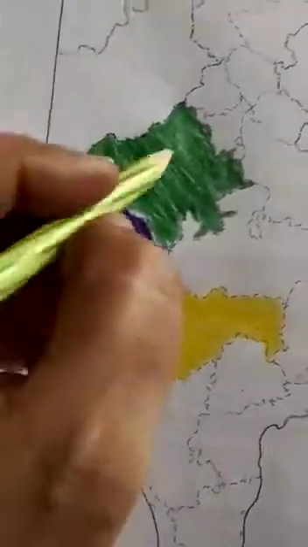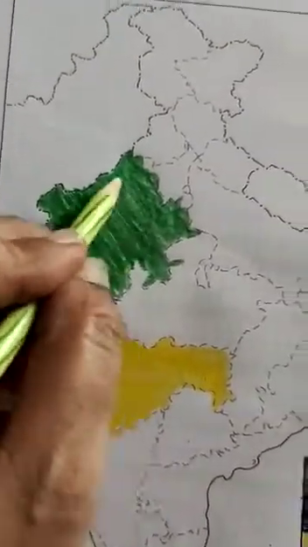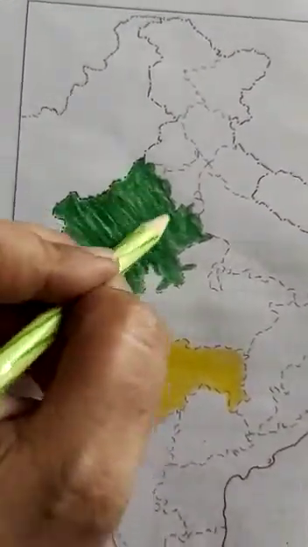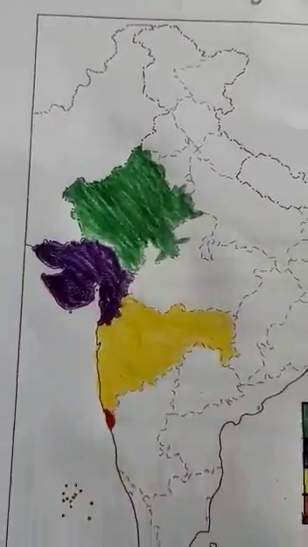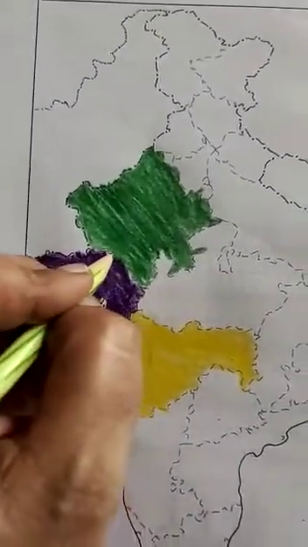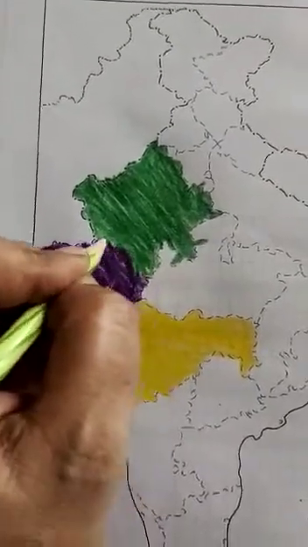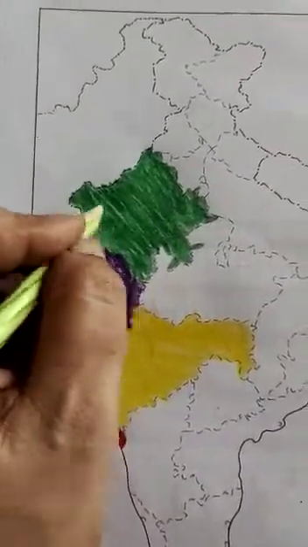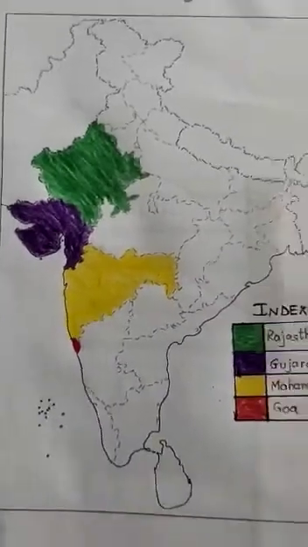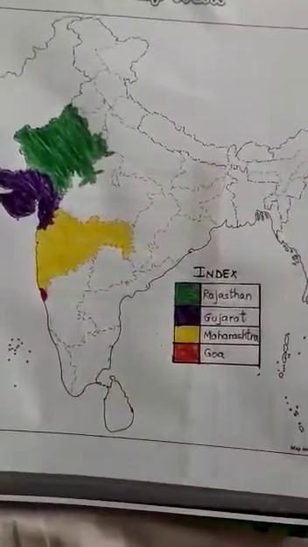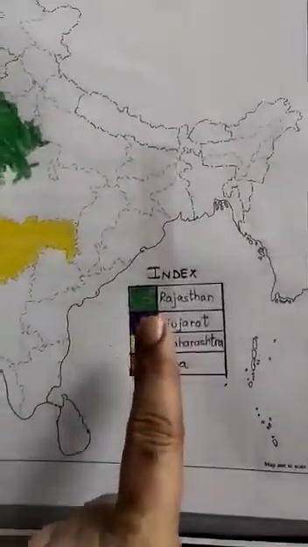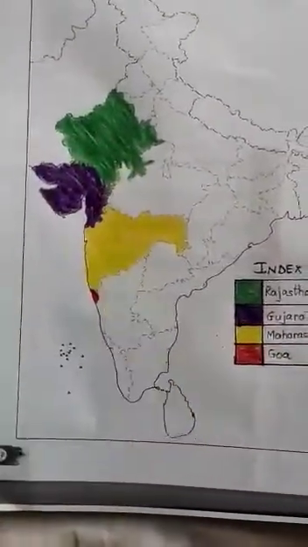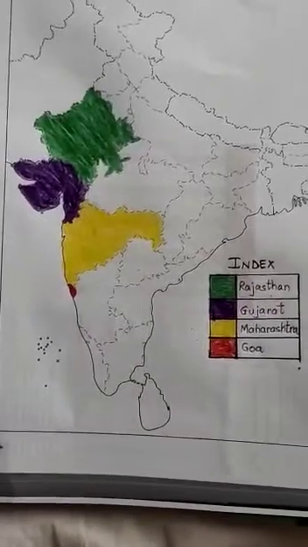See, so be neat in your work, children. Since I'm holding the mobile with my other hand, I find it difficult to color as the page is moving. But you need to be very, very neat in your work, children, okay? Yes? All of you. So this is how we do the map work, children. Fine. You're supposed to make sure that whichever colors you use in the index, the same colors are used to mark in the map. Okay?